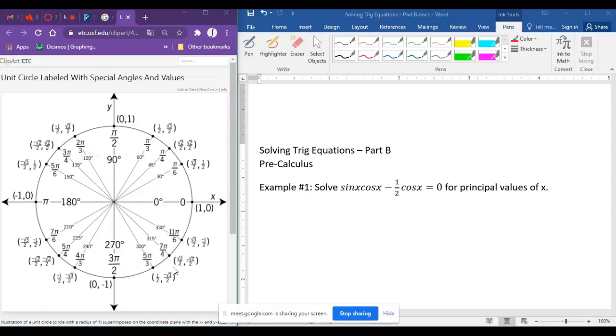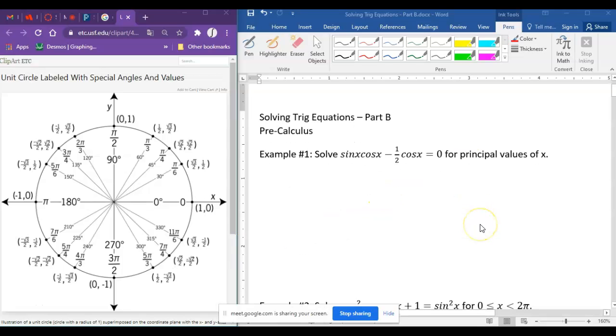Today we are still going to be solving trig equations, but we are going to look at ones that are a little bit more complicated than we saw on Friday. So, for example 1, we're going to solve sine x cosine x minus 1/2 cosine x equals 0. And so, one strategy that we can try for these problems is we can